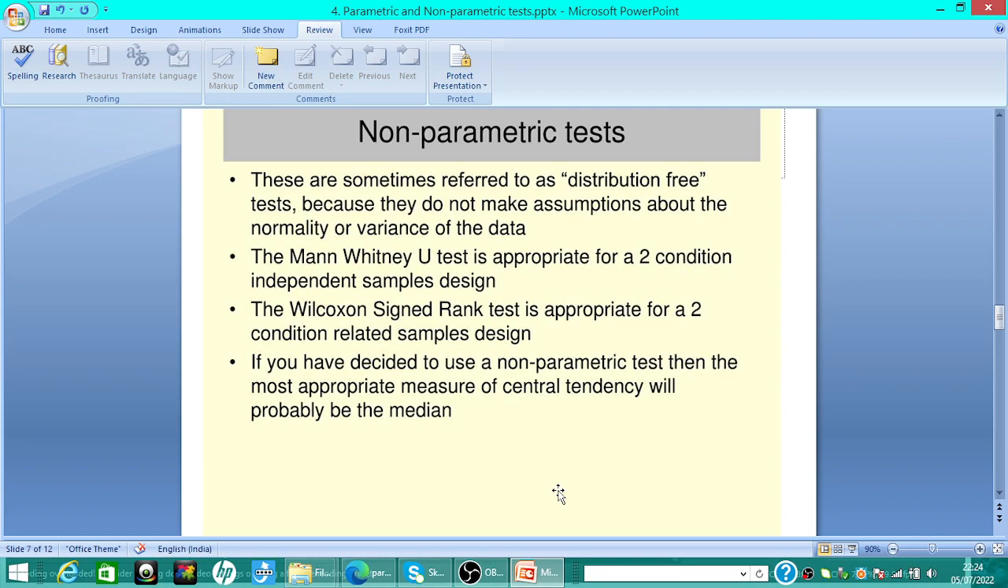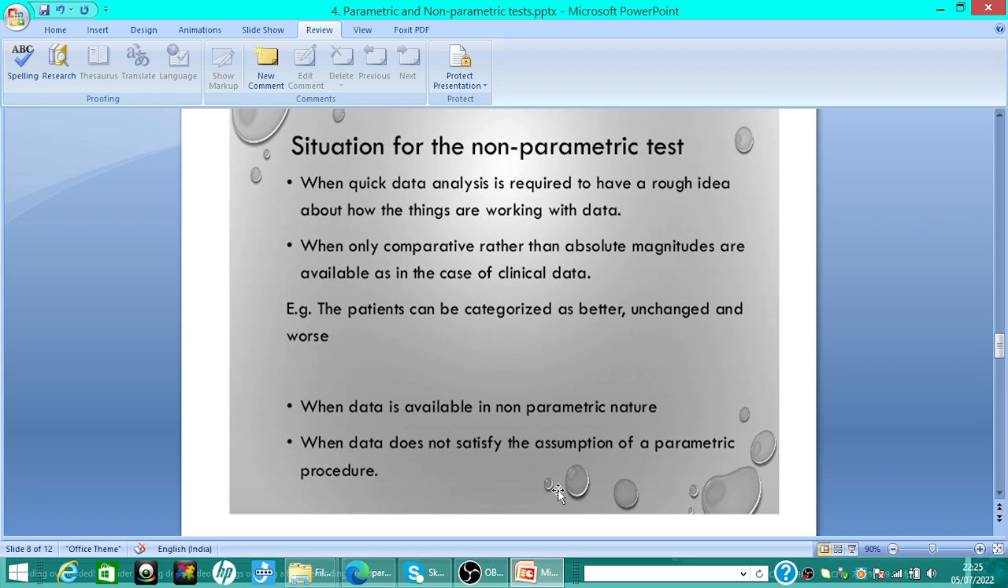Situations for the non-parametric test: when quick data analysis is required to have a rough idea about how things are working with the data; when only comparative rather than absolute values are available, as in the case of clinical data, for example, patients can be categorized as better, unchanged, or worse; when the data is of non-parametric nature, then you can use a non-parametric test. And one of the last situations is when the data does not satisfy the assumptions of a parametric